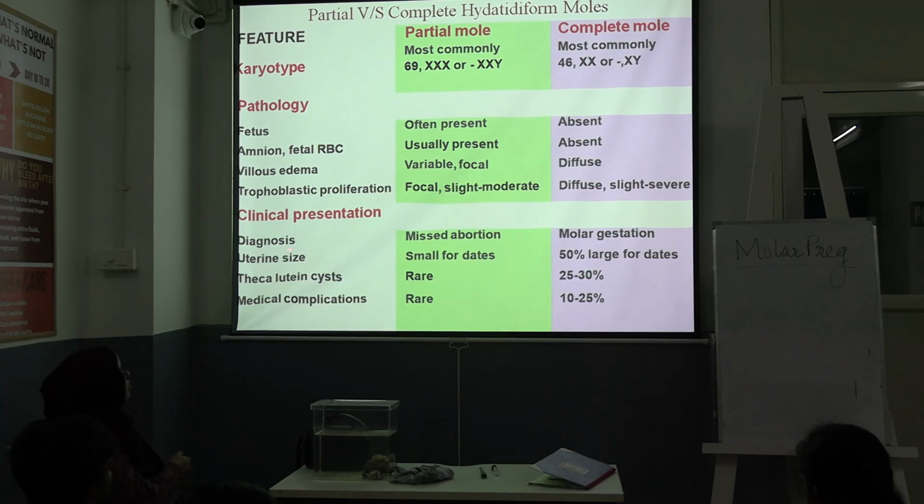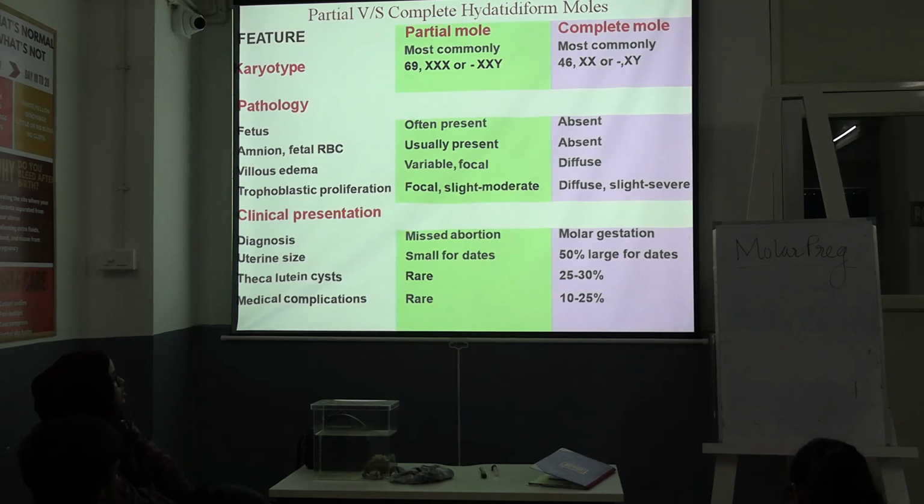Clinical presentation: it is totally a molar gestation, but partial mole can present as a case of missed abortion. The patient will say she had a period of amenorrhea followed by passage of some fetal tissue or some products of conception that will be mixed. Not only products of conception, but also some fetal tissue may be passed during the abortion. That's why it presents as missed abortion. Also on USG, it can be misdiagnosed as missed abortion, because the difference is only slight. If the focal area of trophoblastic proliferation is only little, it can be missed on ultrasound. That's why they normally present as missed abortion.